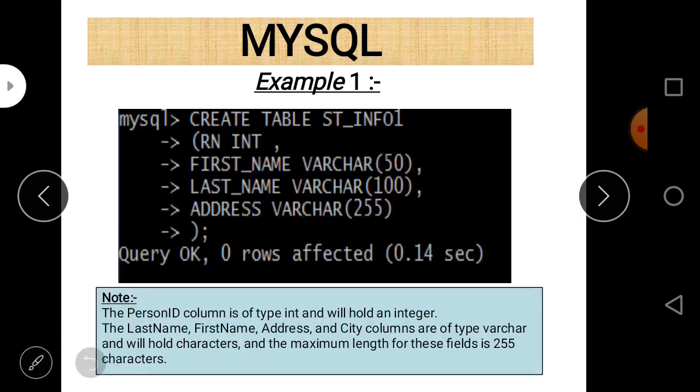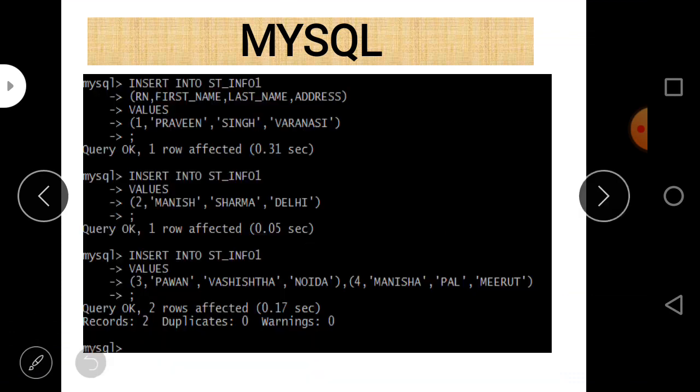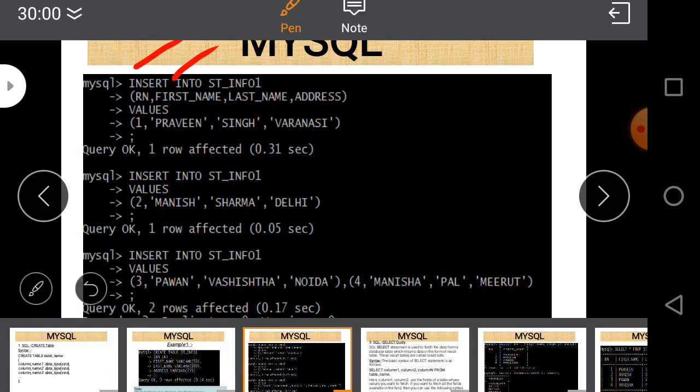Next is the insert into command. Here a simple table is created, and it contains no data at all. It basically contains a structure with some fields such as roll number, first name, last name, and address, but there is no data at all. To insert the data, there is another command that is called the insert into command, and to insert data into a particular table, just write first of all insert and then space, then into, and the name of the table. And in this case, the name of the table is stu underscore info, and after that the parenthesis sign, and then give the